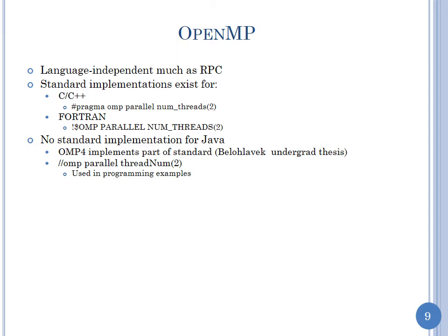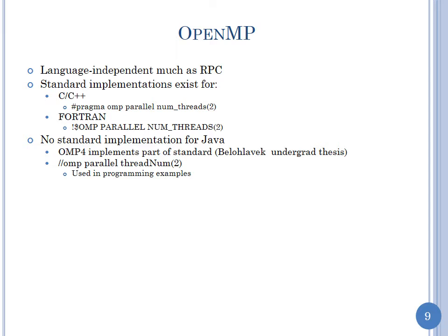Standard implementations don't exist for Java, except there's some academic in Europe who had an undergrad student. If you guys think that I'm hard, think about this particular school. And this undergrad student implemented the OpenMP standard for Java, and this is the code I'm going to use in my parallel examples. I don't recommend you use it because the student had to graduate at some point and didn't do all of OpenMP. And there's a few bugs too that I've talked to his advisor about,